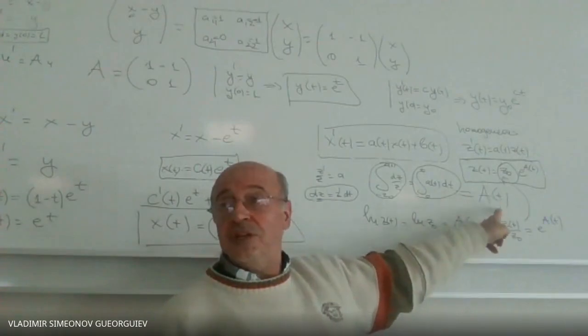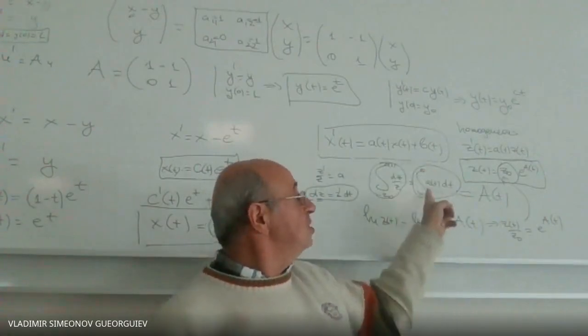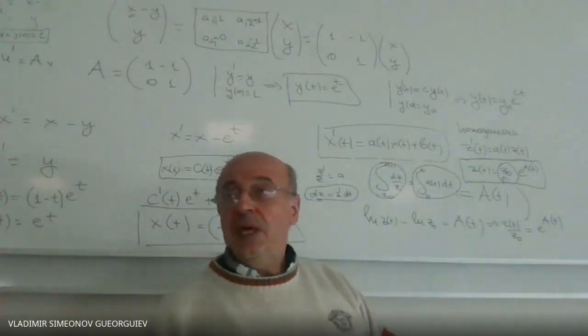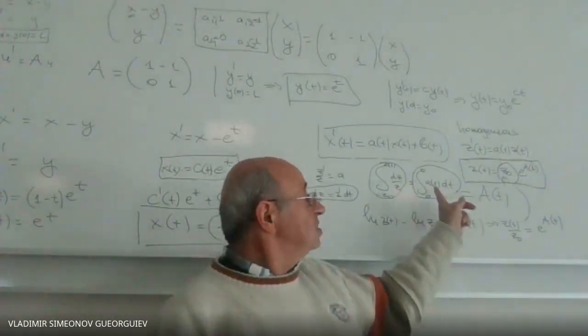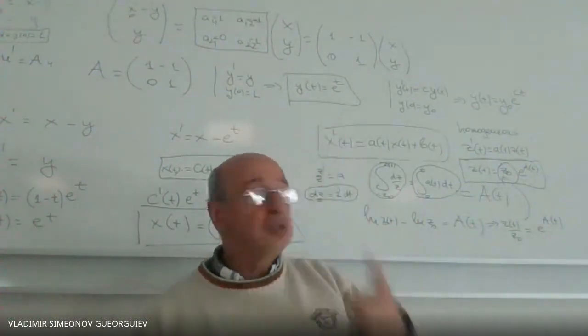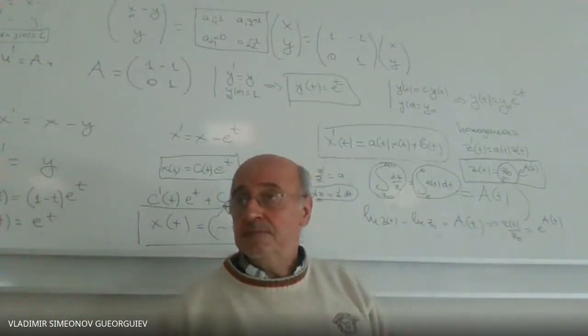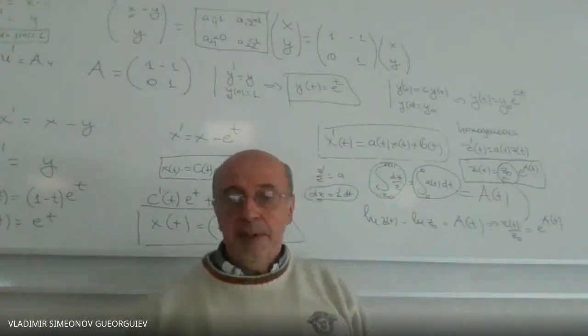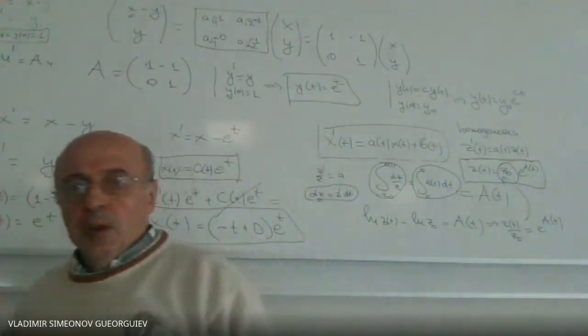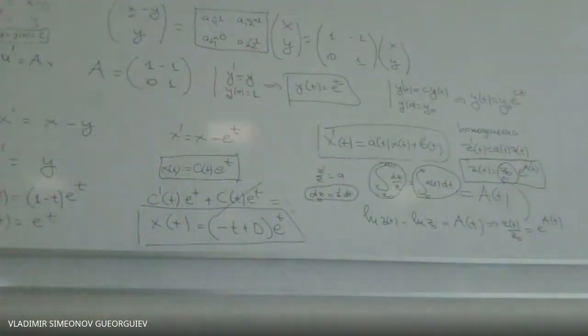Or if you prefer, we can write it as the integral from 0 to t of our small a. In our case, this small a was 1. So when we compute capital A, this will become directly t in our example. So we succeeded to find